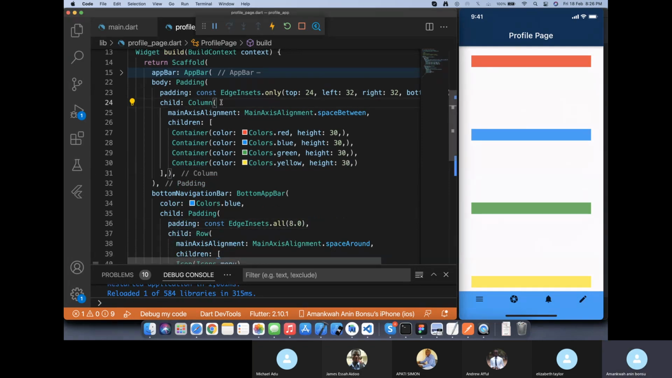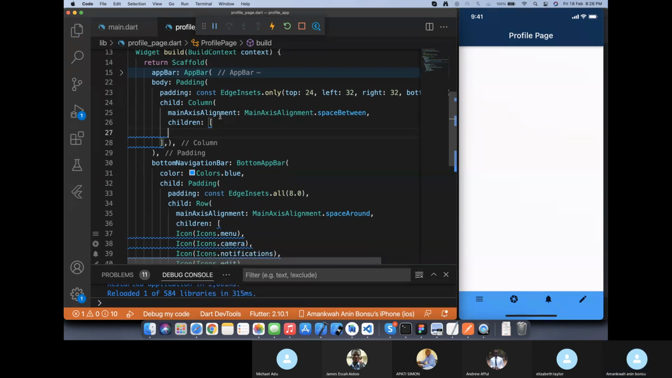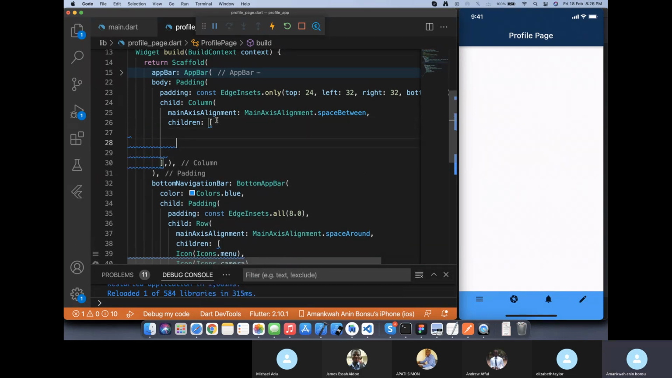So quickly, let's go to the image widgets, since our time is still ticking and it's almost up. So let's build our profile page. Instead of all these containers, let's delete them so we don't have anything here. So let's create our image. If you want to create an image, we have a lot of options. We have an image that you can load